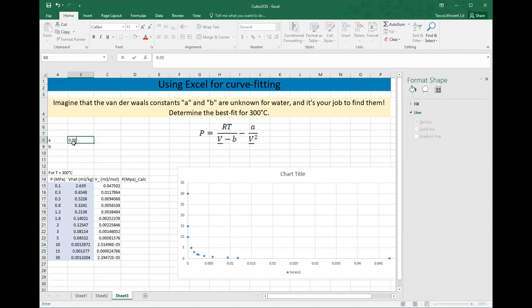So for A, I don't know, 0.05, and for B, 0.01. That's not a bad guess because I know that the molar volume of water is 1,000 kilograms per meter cubed. Actually, B has got to be a little bit lower than that. So I'm going to make it 0.0001. And again, these are just initial guesses. These are probably going to be way off, but you just need to put something there,